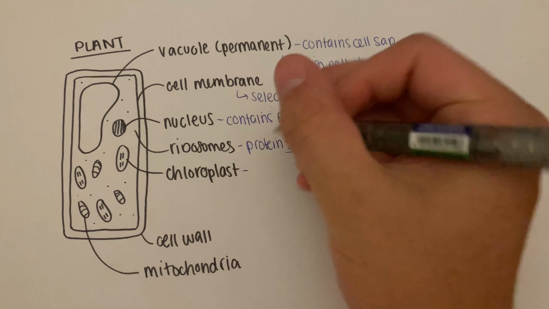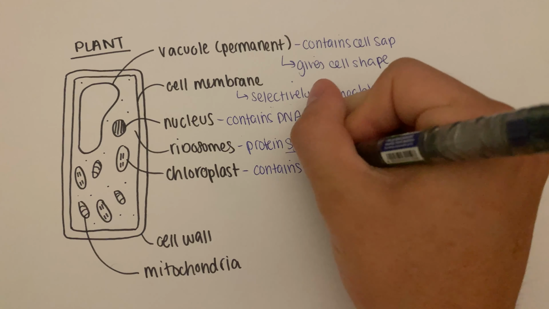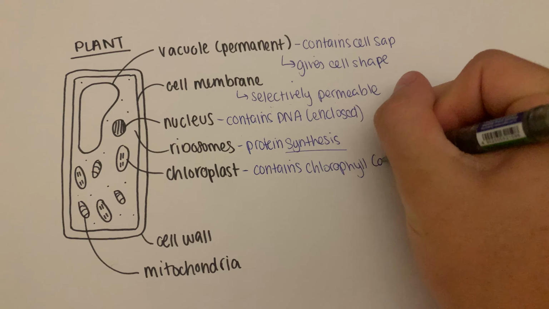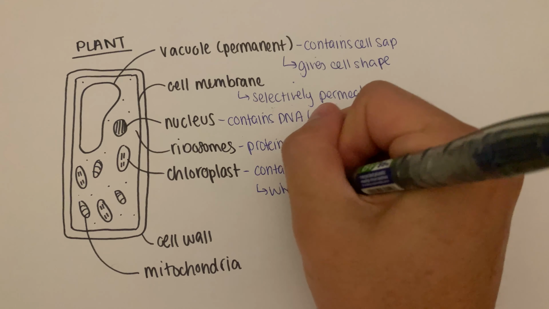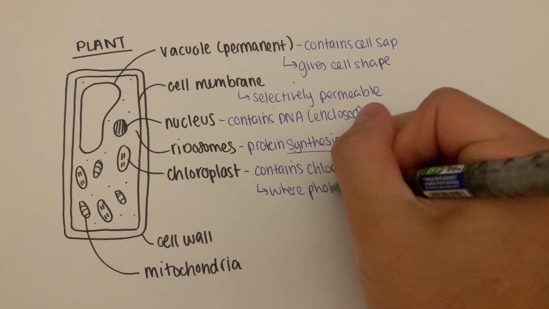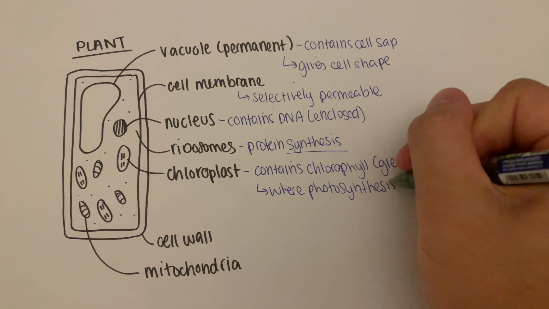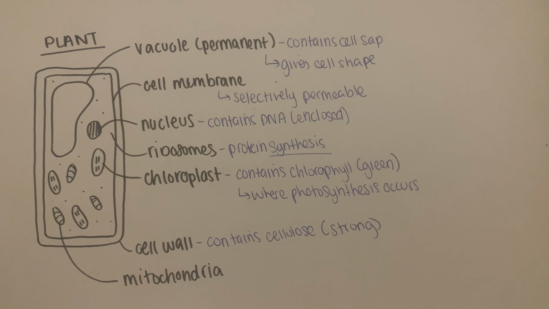Now the chloroplast, this is containing chlorophyll. And chlorophyll is a green pigment. And this is where photosynthesis occurs. And I'm sure you've heard of photosynthesis, and we'll get onto that in another video. Sorry, the video did actually cut off there, but the cell wall contains cellulose, which is strong, which gives the